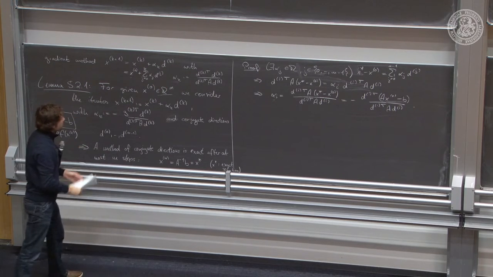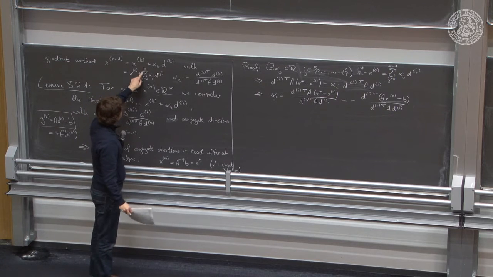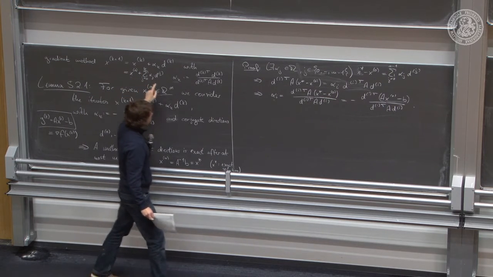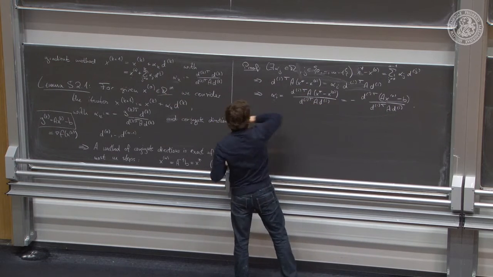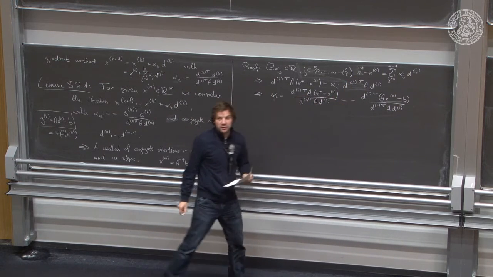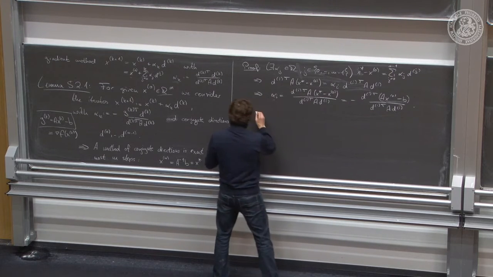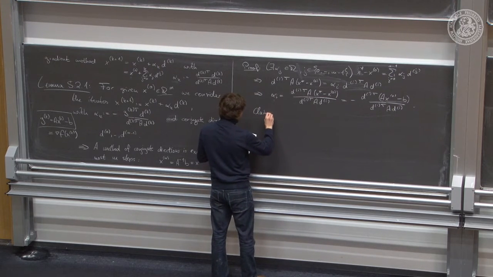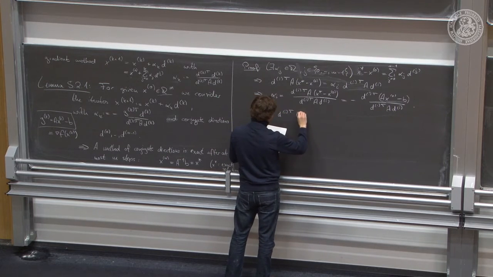And so in the case that k equals m, indeed our iterate x_m equals x star. So what remains to show is